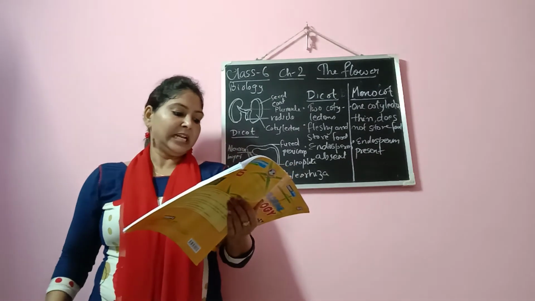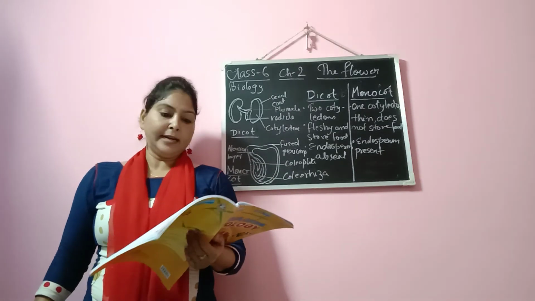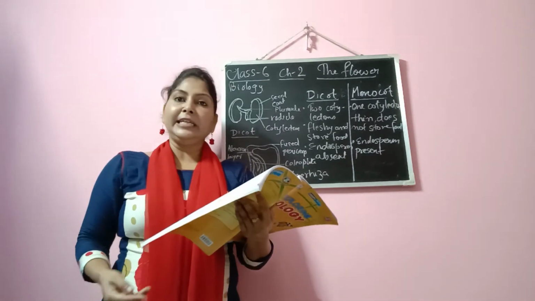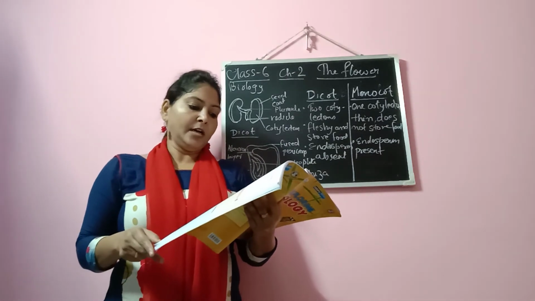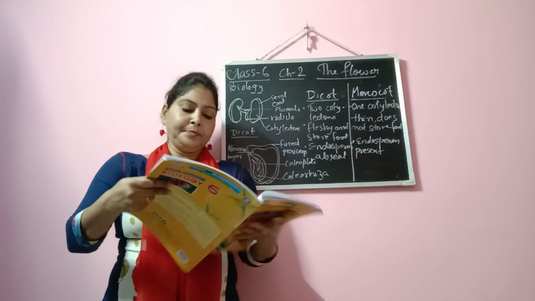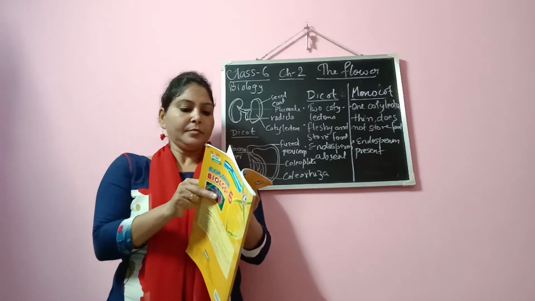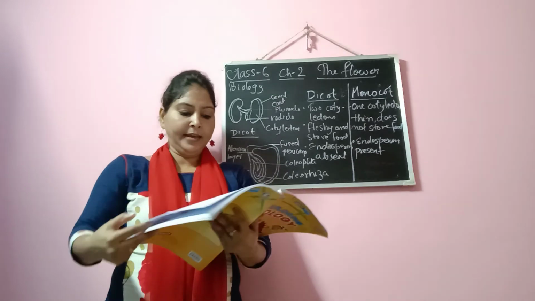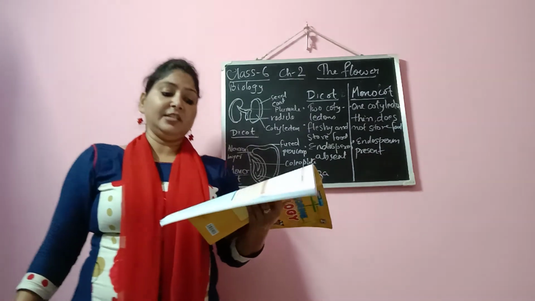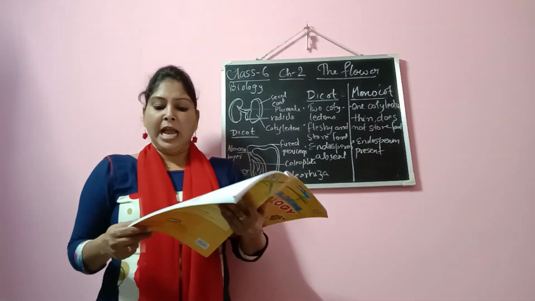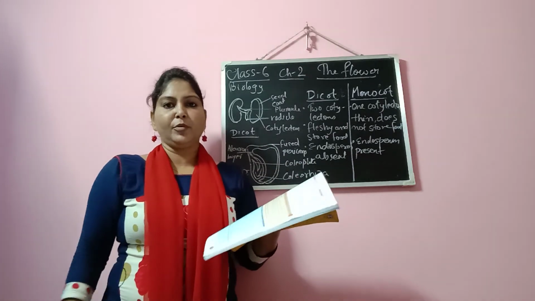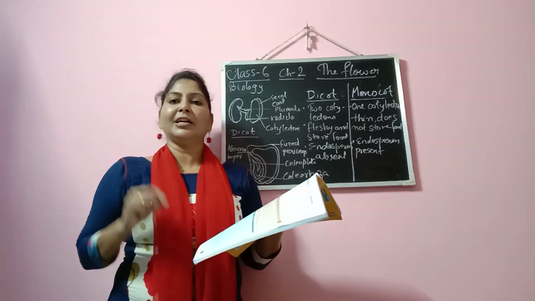So I think in the last class I told you to draw the diagram of dicot and monocot seed. If you have not done it, please do it, and based on that you will find the exercise for revision. You see on page number 33, exercise for revision, there are only two questions, A and B. One is tick the correct option, another one is state whether the following statements are true or false, and rewrite the false statement. You can write just beside it, you don't have to write in the copy, you can write the correct statement in the book itself.